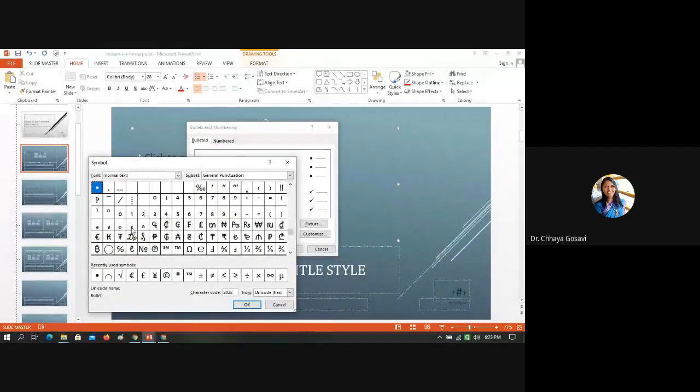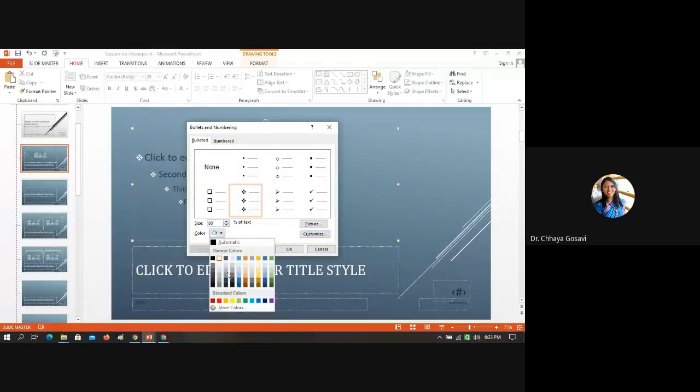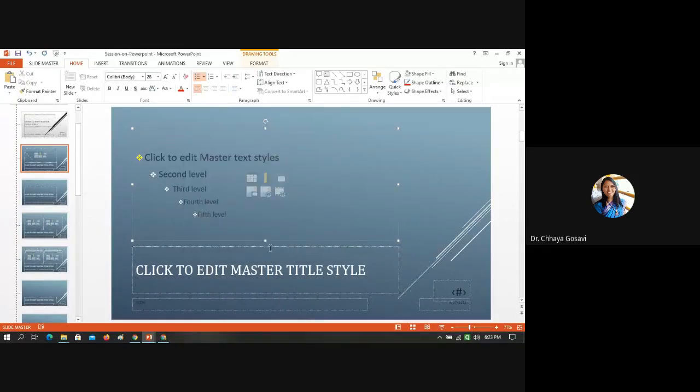You can take any shape of your thing. You can change the color, you can change the size. It should be yellow, and so this color and size is changed.